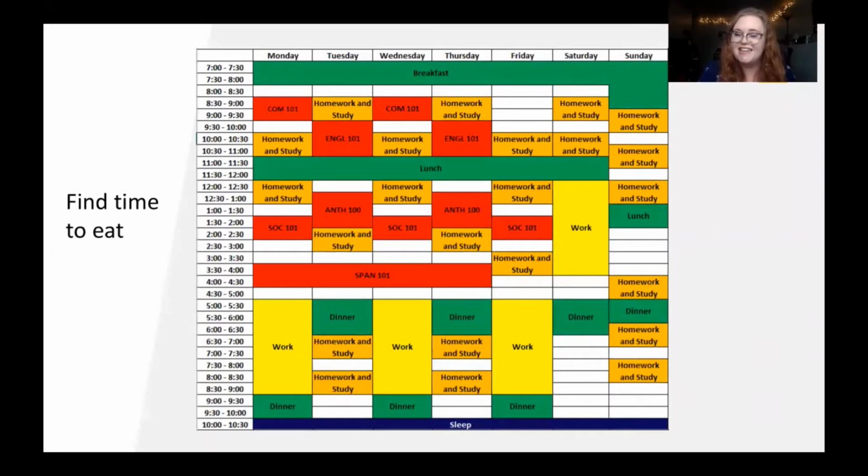Find time to eat. I'm not going to tell you when or how or what to eat, but you should find some time to eat so that you have energy to get everything else done that you need to do. Sometimes those times might fall into something that doesn't change, right? So maybe you're home with your family, or with some roommates that have a really consistent schedule and you all eat together. So plugging that in for yourself is really important to get a view of your day.